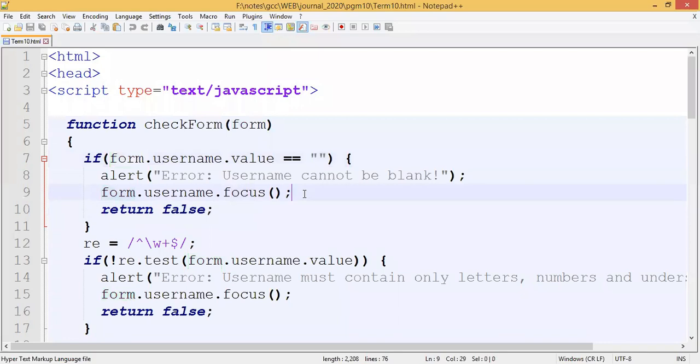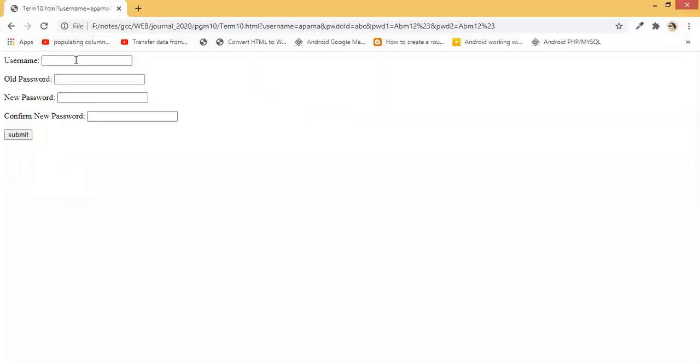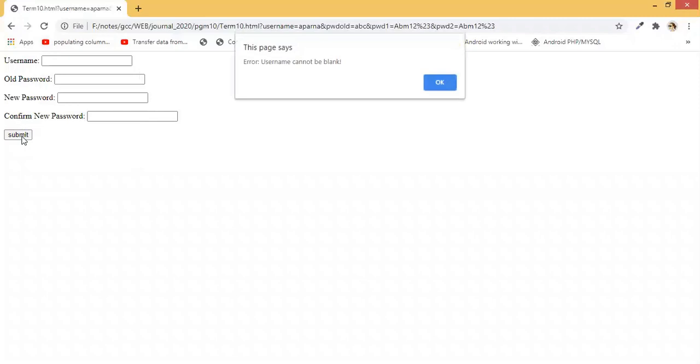So when the user is going to click on the text box here, see here, this is getting highlighted. So this is focus. Now suppose I just click submit, we are getting an alert: username cannot be blank. So this is the first condition, some username has to be entered.